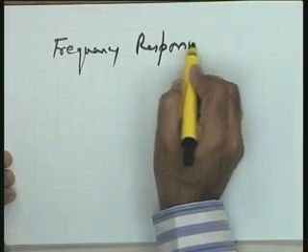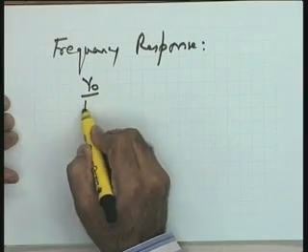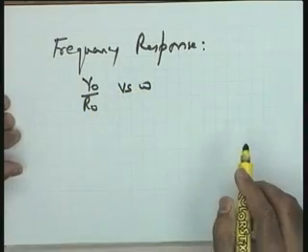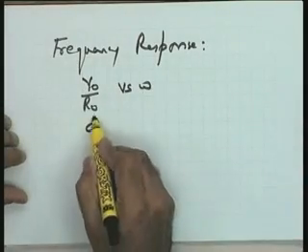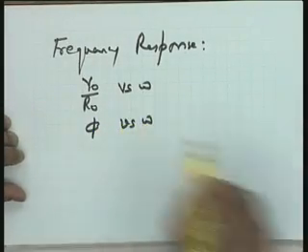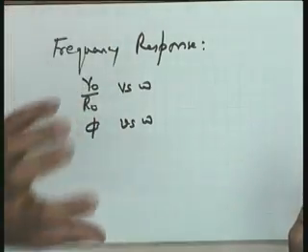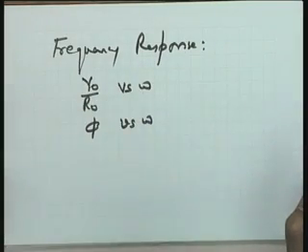So the frequency response for a given function G(s) is the amplitude ratio y naught over r naught versus omega. You can say it is the magnitude plot or magnitude response, and the other is phi versus omega. With this information, if I give you any sinusoidal input, you can give me the sinusoidal output of the system.